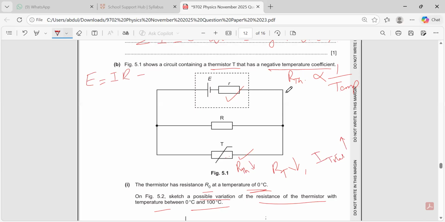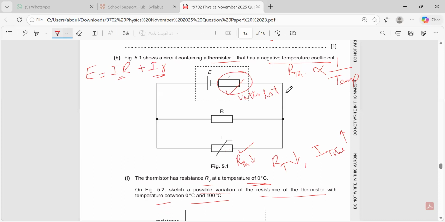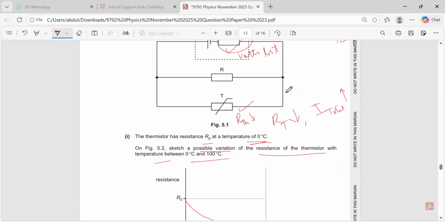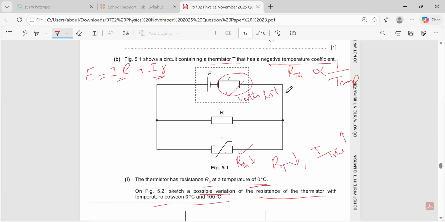Now, if the total current increases, if you remember very importantly, EMF is equal to I capital R plus I small r. So this is the terminal potential difference and this is the volts lost. Now he is asking in the question, current in the resistor R decreases. So let's make this C. I can write E is equal to V R, the terminal potential difference, plus the voltage lost across the terminal. So the potential difference across R will be equal to E minus